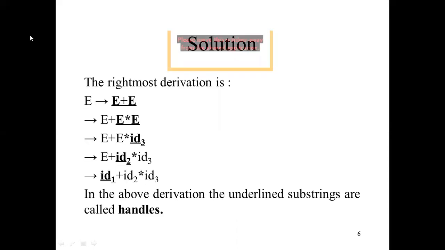Now we will try to solve the rightmost derivation.